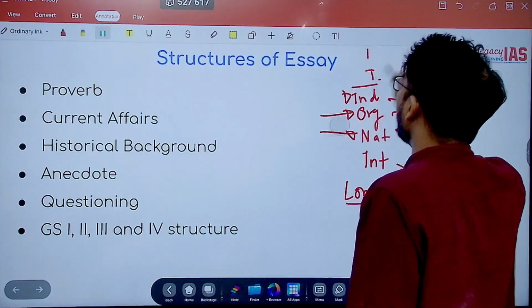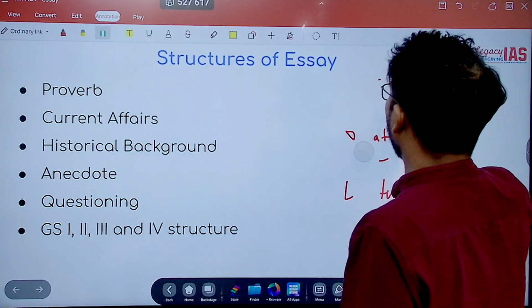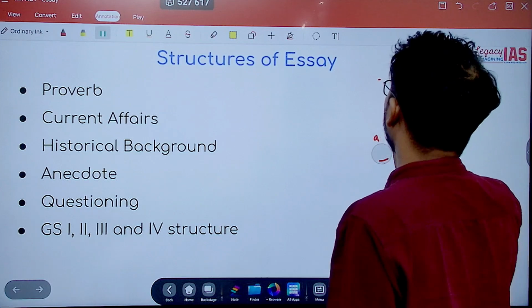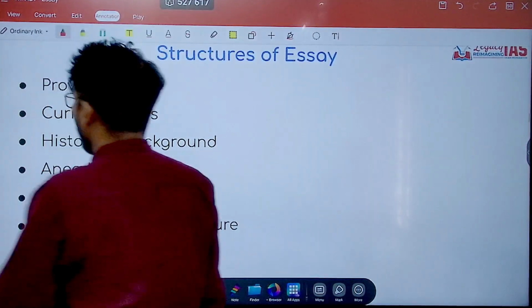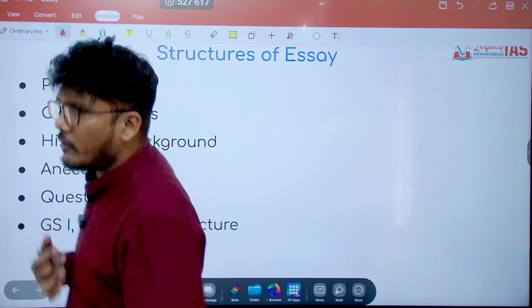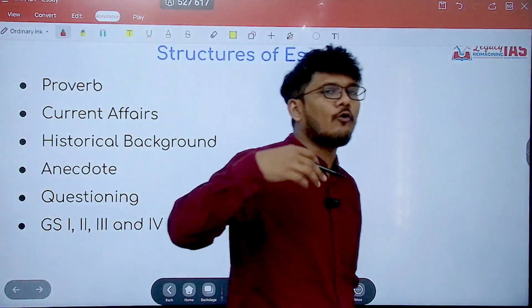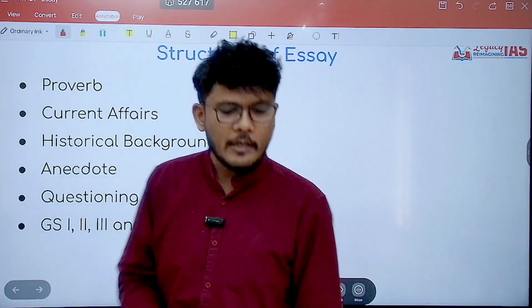Now, moving ahead, how should the structure of the essay look? So the very first thing is the introduction. How do you begin your essay paper? Now here, there are different ways to begin. How you begin at times will also tell you what the main body should be and how you conclude. Some of the examples will tell you that. Some of the examples may not tell you that as well.